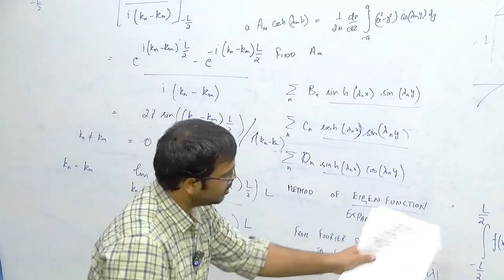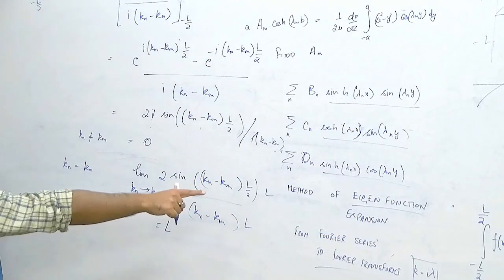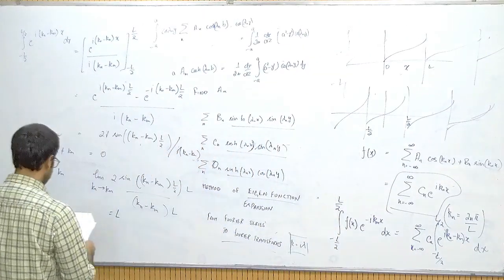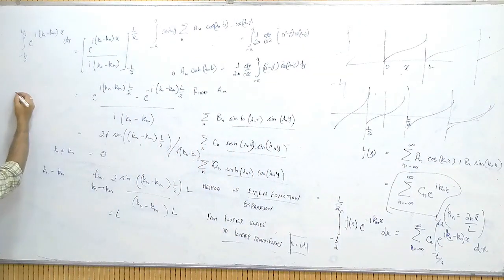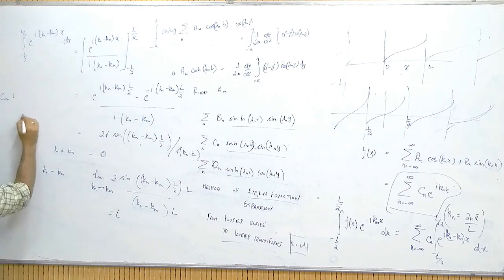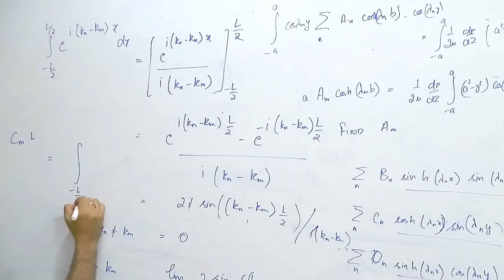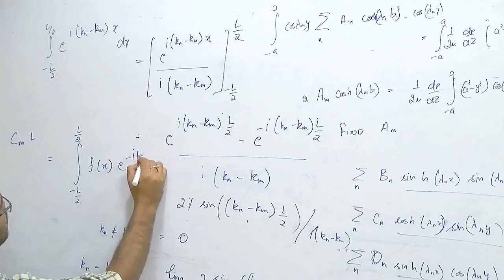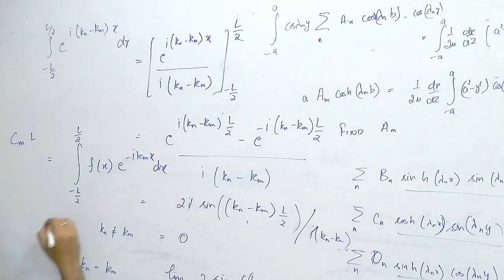That means on the right hand side, only one component survives, and that is Cm times L, and it is equal to the integral from minus L by 2 to L by 2 of f of x e to the power minus i km x dx. So Cm is simply 1 by L